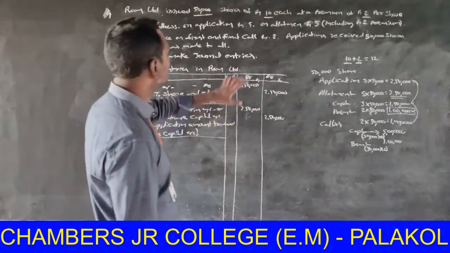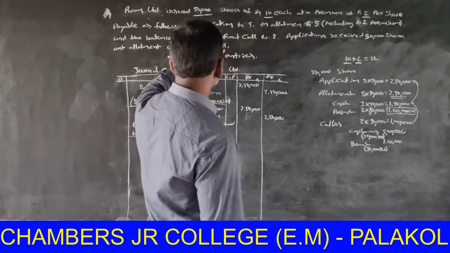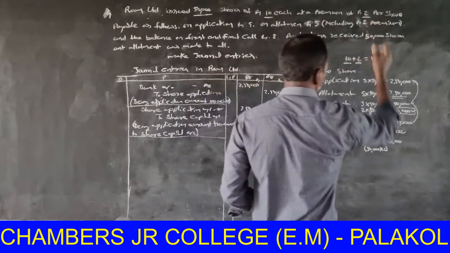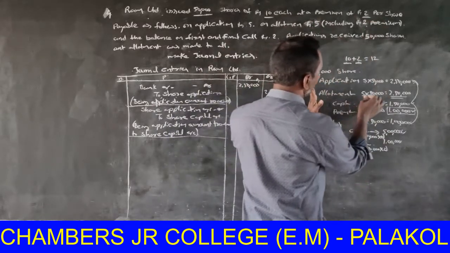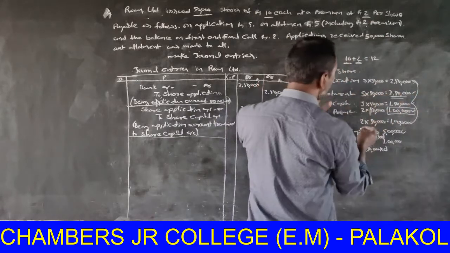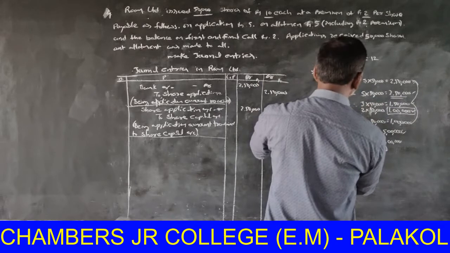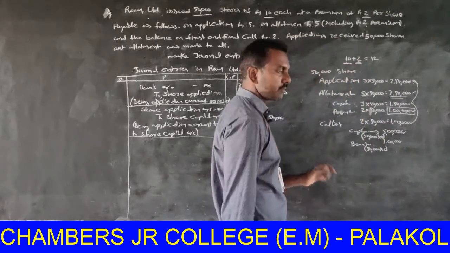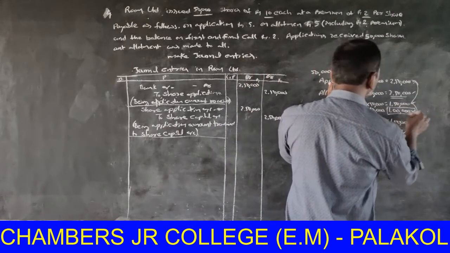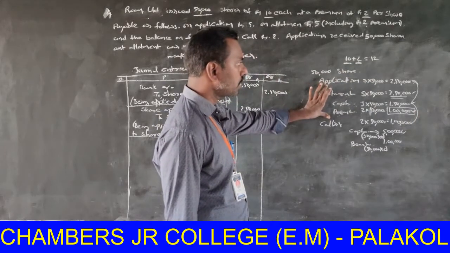Okay, next. After the application, on allotment 5 rupees including 2 rupees premium. Here, allotment 5 rupees into 50,000, 2,50,000. In 2,50,000, share capital is 3 rupees each share and premium 2 rupees per share. Here the capital amount is 1,50,000 and premium amount 1 lakh.